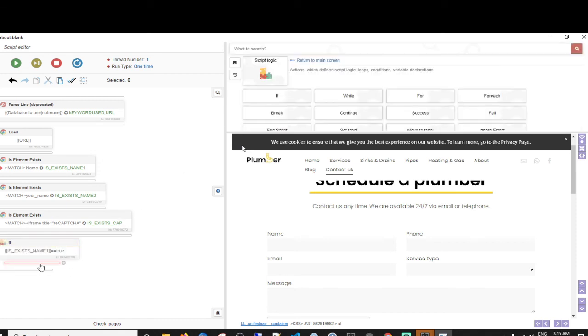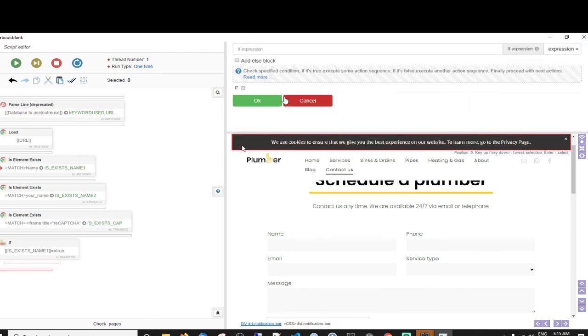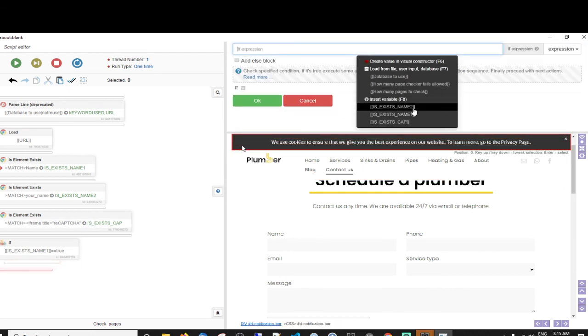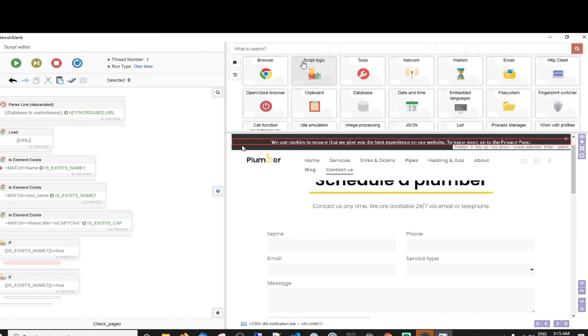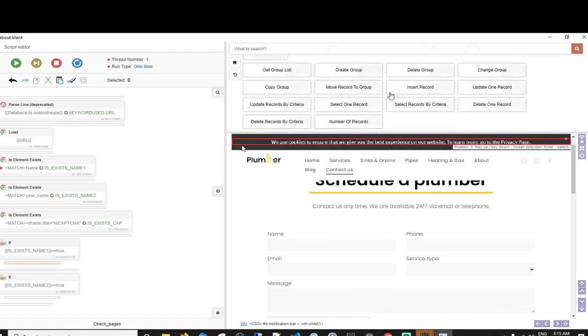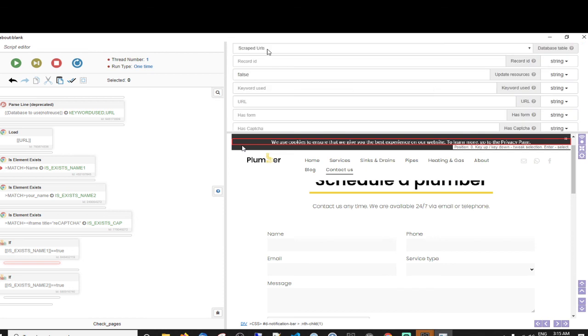If it's true, then okay, and also let's just get the other if statements here. What's that one that we just did? Number 1, number 2 equals true. Okay, so for these two, if either of these equal true, then database, update the record. It's always on the current record that you're on.